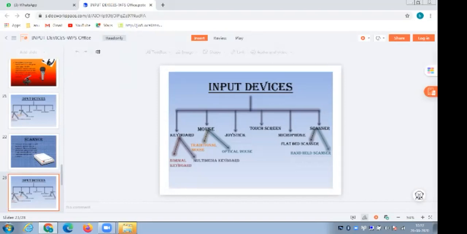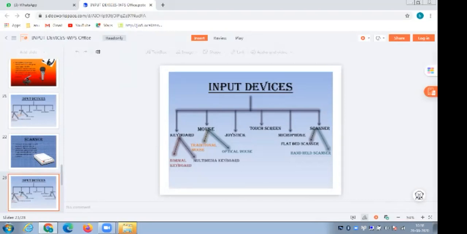And the question that will be asked on the input devices is: what are the input devices? Explain any 5 or 6 of the input devices, or explain them with certain examples. This is the question that is asked in the university. Here I'm giving you a rough explanation of the input devices, because some members came late to the class. So let me give a brief description about this.